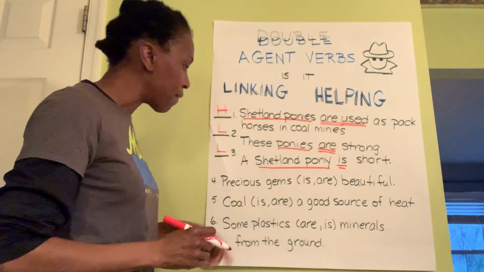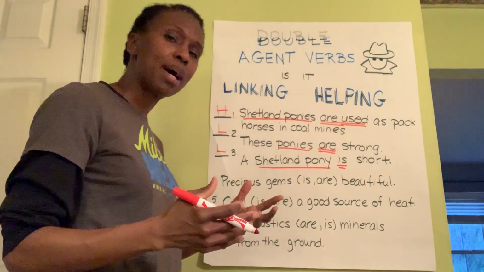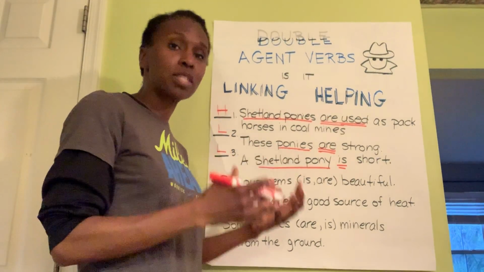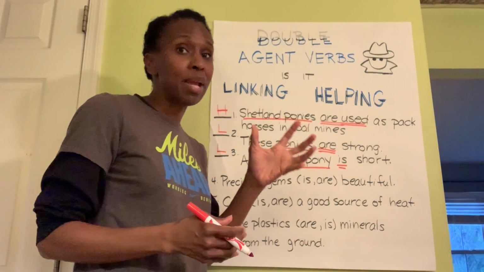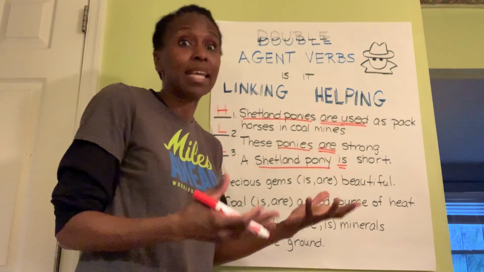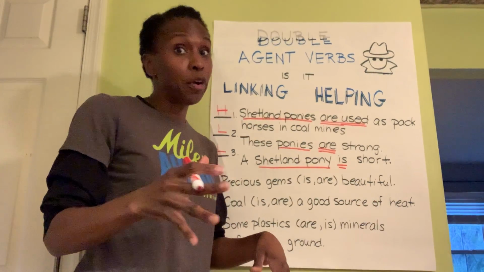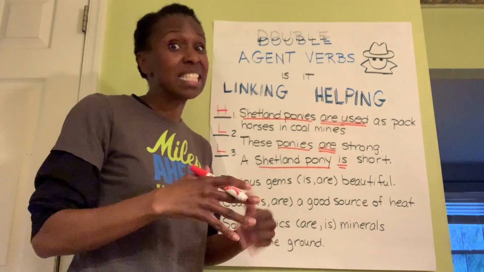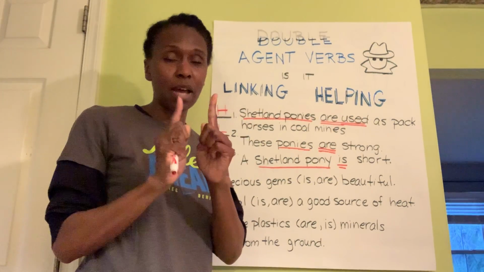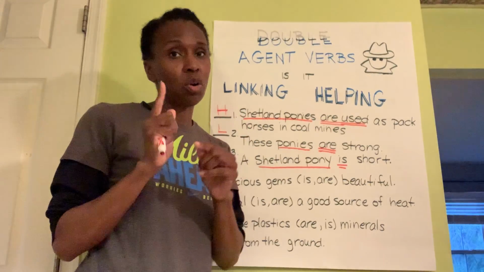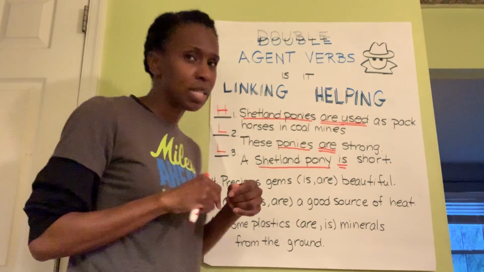All right, for numbers 4, 5, and 6, they're asking us to combine the correct verb with the subject so that they agree in number. Okay, remember, nouns are made plural by adding s most of the time. Verbs that end in s, on the other hand, are singular. So when you have the combination, 9 times out of 10, only one of them is going to end in s. All right, let's go ahead and take a look, see how we do.